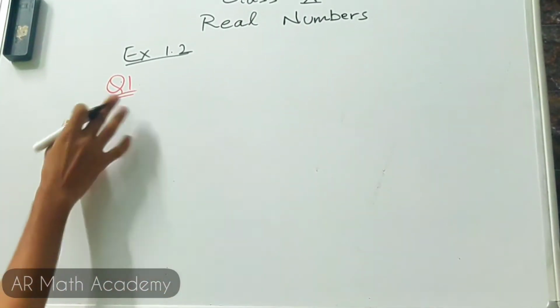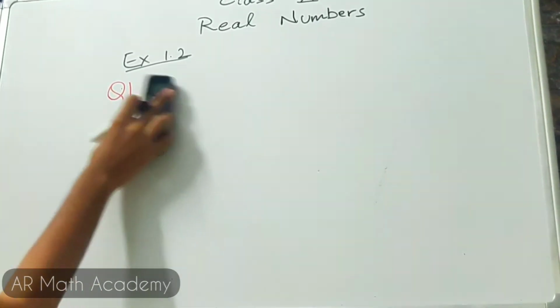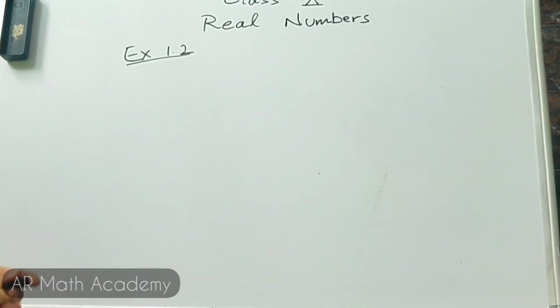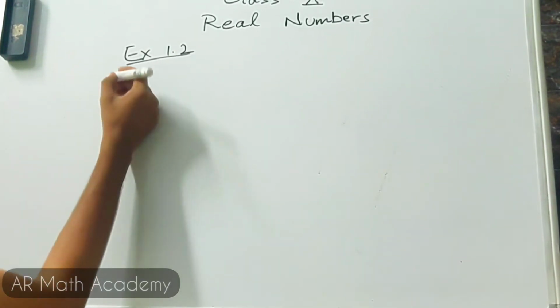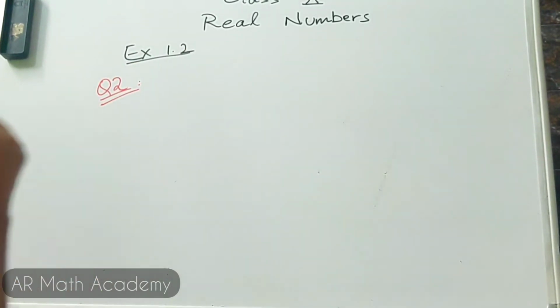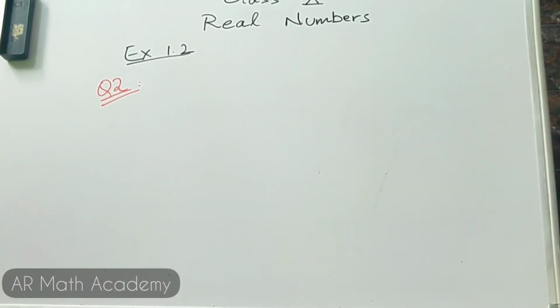There are many subdivisions of this question number 1, but as of question number 1, every other question is easy. So I am just choosing 3 questions from here. So let us go to question number 2 right now of exercise 1.2. For question number 2, we will be dealing with finding the LCM and HCF of given numbers.